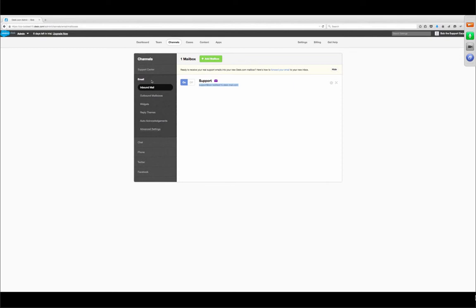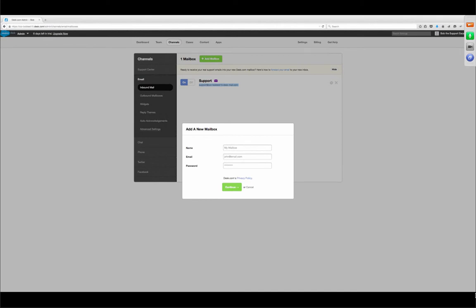For the purposes of this webinar, we're going to use this mailbox, and I'm also going to add a second box. Now, this mailbox is going to be a Gmail box, which is my own mailbox. You can connect Desk.com to any existing mailbox that you already have using IMAP. So you're not actually creating a mailbox in Desk, you're just creating the connection to the mailbox, just like Outlook does. So what I'm going to do here is I'm going to create my Gmail